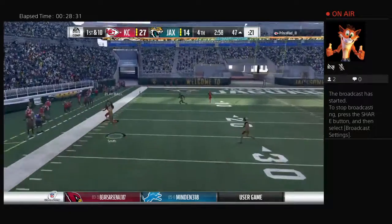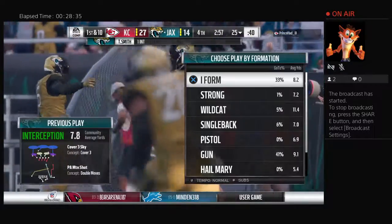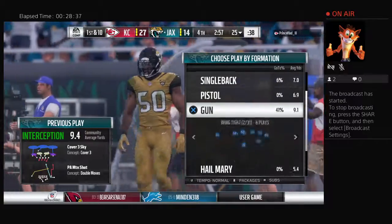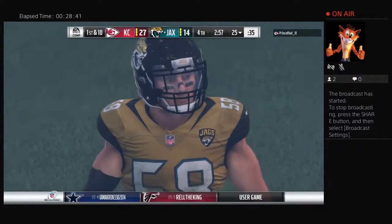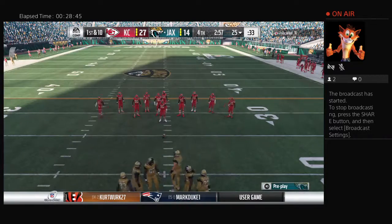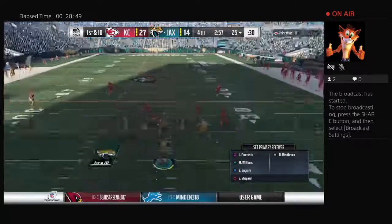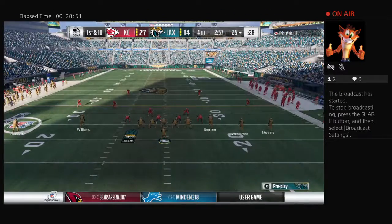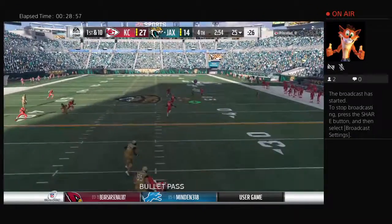Not easily done. And intercepted. Maybe the turning point they need. Picked off at the 25. That is now 7 interceptions between last week and this week. 3 in this game, 4 a week ago. And I saw the head coach write on his play sheet, make a little note. I hope he's writing self-scout. Bring in the guys that scout games for you with a different eye and watch him and see what's going on, and maybe they can pick up with the...